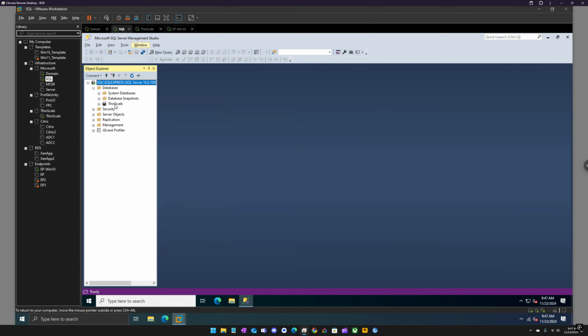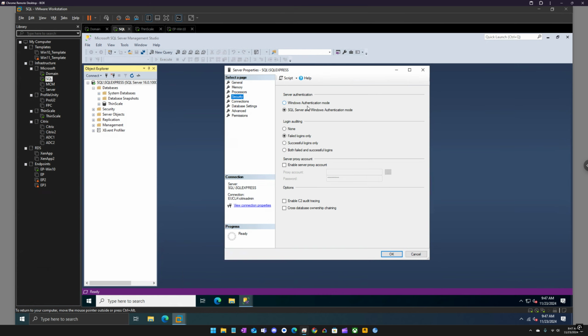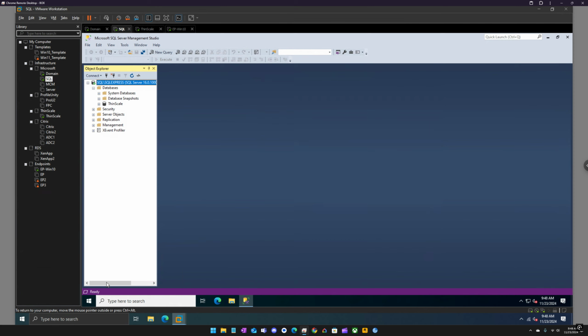All right, so we created our database. I did have some issues connecting to the database, as it's not on the local server anymore. So just a couple pieces to check. Once you set it up, we've seen how to set up SQL Express and SQL components before. You're just putting it on another server, but since they are on a different server, just make sure you got your authentication set. So we changed it from Windows authentication mode to SQL Server and Windows authentication. And for your connection, allow remote connections. All right. And once you do that,